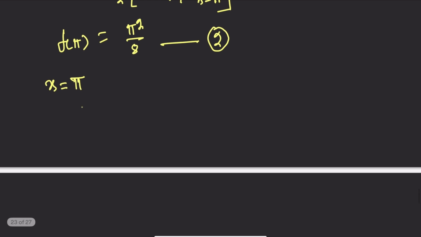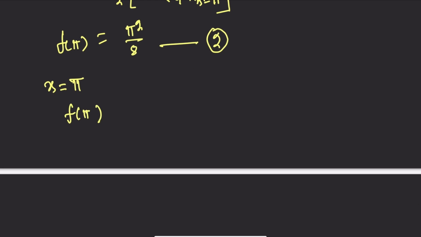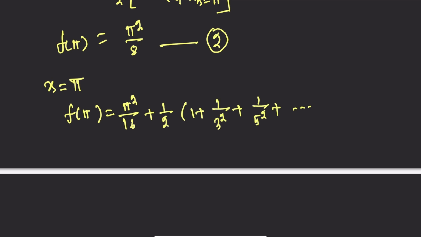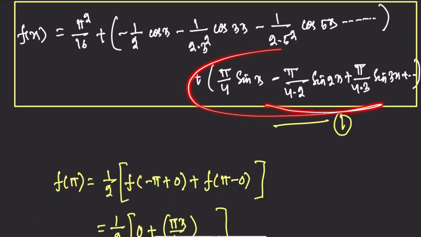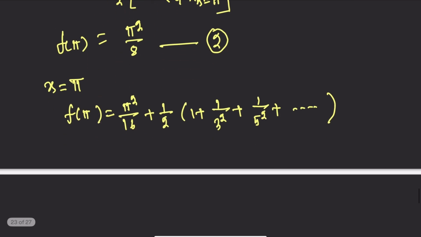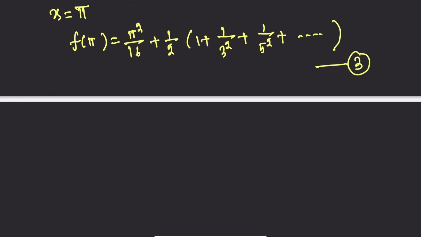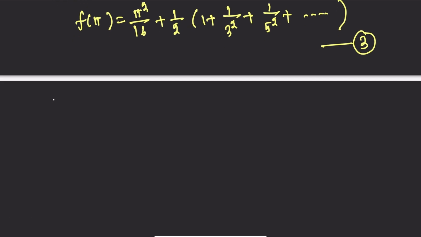We will get... here for x equals to pi, sine series becomes 0, so only cosine series exists. Now equate equation 2 and 3. We will get